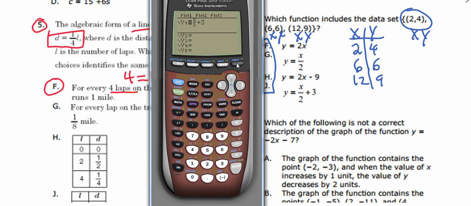Check out our table once again, and at 2 it's matched up with 4, at 6 it's matched up with 6, and let's check out 12. 12 is matched up with 9 right here, right? So we certainly have found the correct answer. Okay,